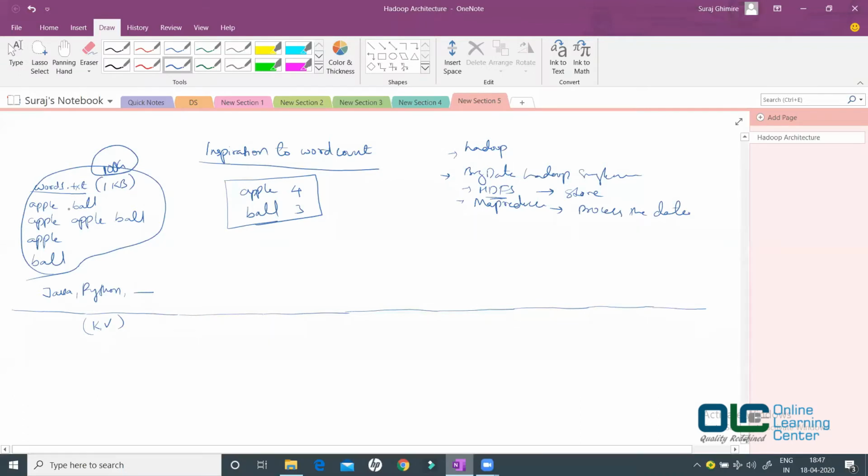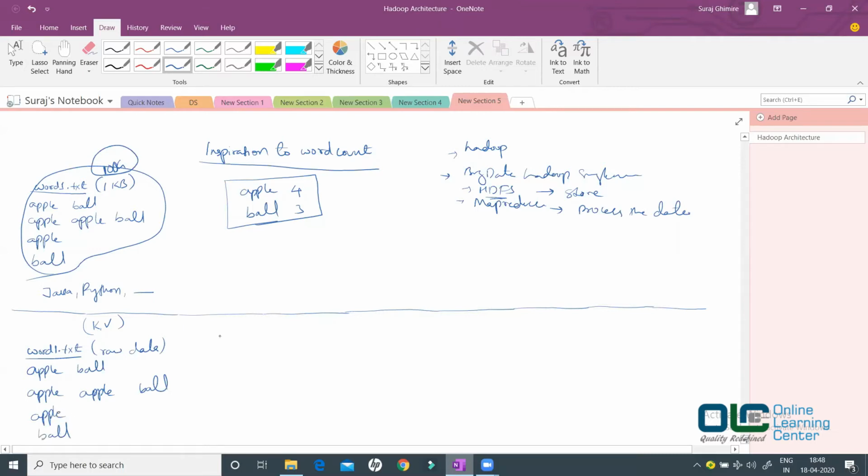If this is the file which I want to process, then the first thing that should be done is that this data should be converted into key value pairs. So I have my raw data, word1.txt, and it contains apple, ball, apple, ball, apple, ball.